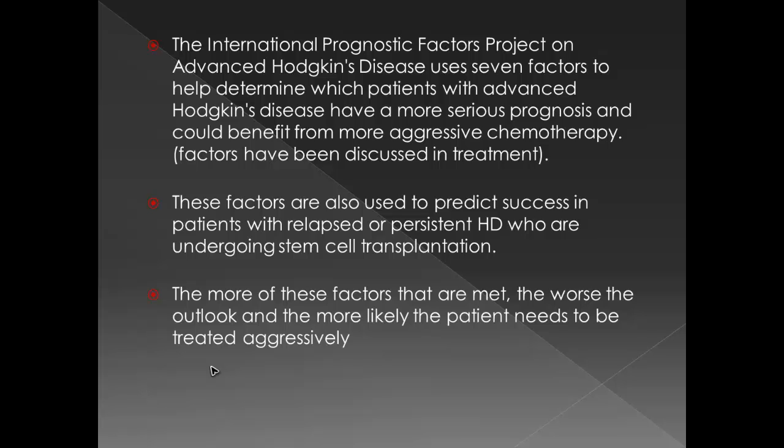The International Prognostic Factors Project on advanced Hodgkin disease. There are 7 factors which we discussed before, and they affect the prognosis of the patient. The more factors are met, the worse the outlook, and the more likely the patient will need aggressive treatment. Factors are used to predict the success of treatment in patients with relapsed or persistent Hodgkin disease who are undergoing